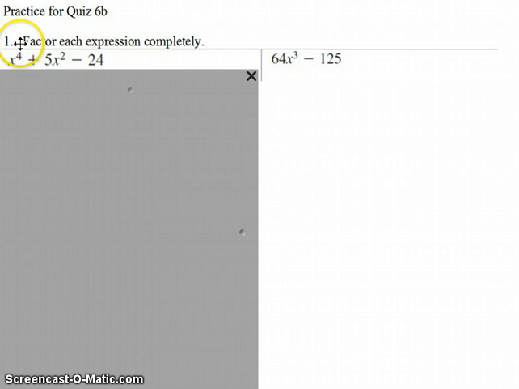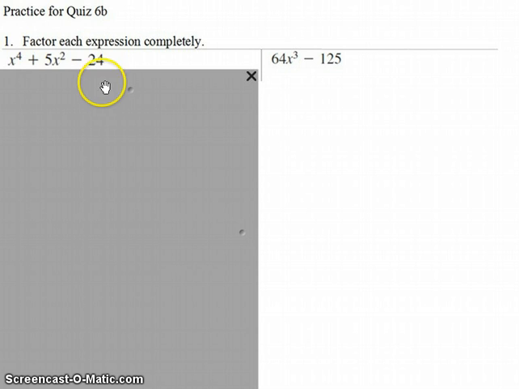The first one here, x to the fourth plus 5x squared minus 24. Well, remember, we were only given 4 rules. We should look for greatest common factors. I don't see any greatest common factors among these. Second, I should be looking to see if these are sum or difference of perfect cubes. Well, these aren't even cubes. So then the third thing is, if I have 4 terms, I can split them, but wait, I don't have 4 terms. So there's only one more option left, and that one more option that's left is to see whether or not